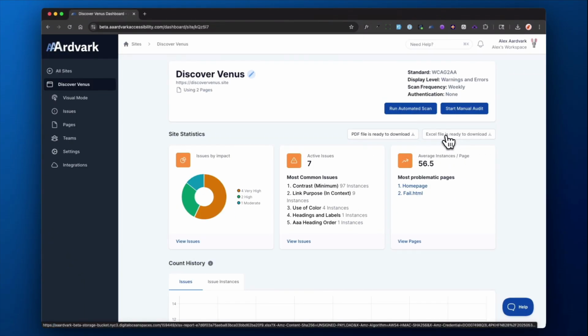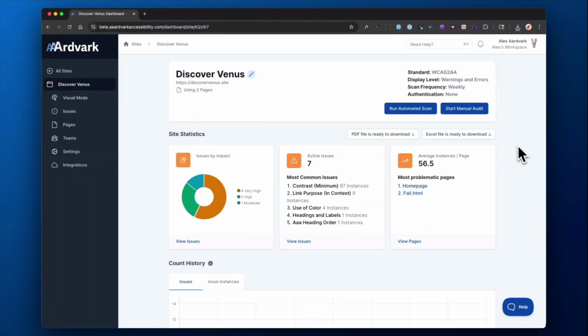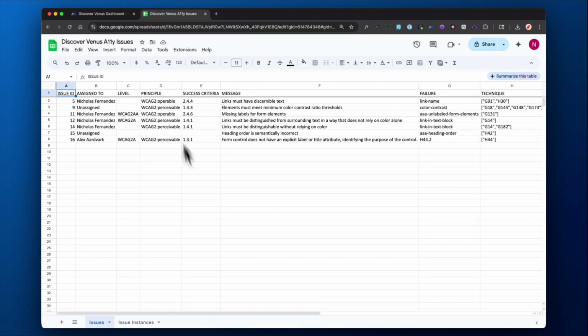Okay, our Excel file is ready to download. And of course, we won't be able to view that in a browser unless we import it to Google Sheets. So let me do that now. What we'll find when we open the Excel spreadsheet are 2 different sheets. The first one is our issues, and again we have the issue ID. We can see who it's assigned to, which level of WCAG that applies to, which principle, which success criteria, a